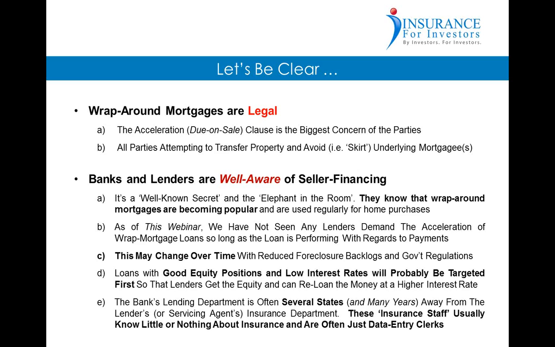Now, having said that, this may change over time with reduced foreclosure backlogs and government regulations, but only time will tell. The bank's lending department is often several states and many years away from where the actual loan occurred or the insurance is maintained. The loan may have happened 5 years ago somewhere in Texas, and the loan servicing department is with another company or another division based out of Utah, and the insurance staff are usually just administrative data